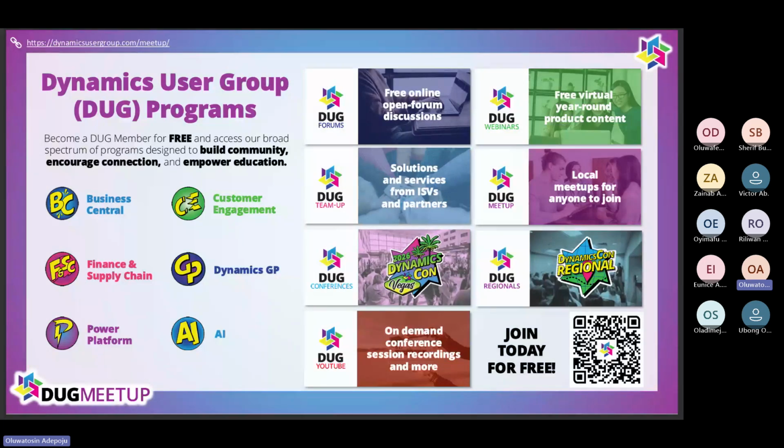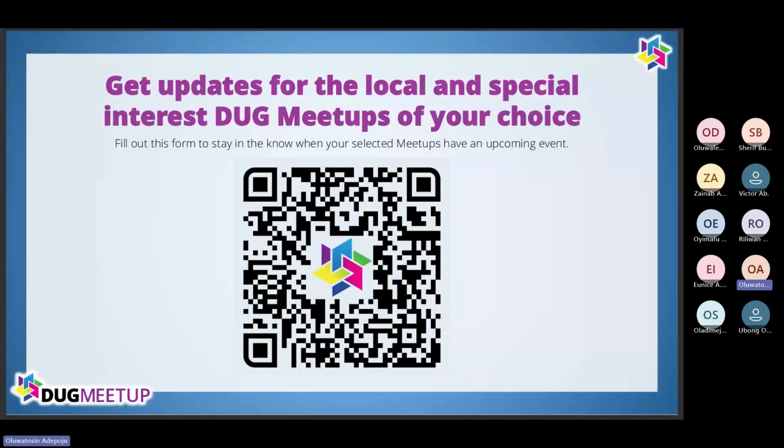So for you to get updates, I don't know if you have your phone with you, you can scan this just to fill a form to stay updated. I don't know if you are doing that right now. So I'm just going to give us a minute to do that, then I'll proceed. But if you're unable to scan it, we can still drop this on our WhatsApp platform. Like I said, for DUG Lagos, we have a WhatsApp group. So all you need to do is just to show your intention, give us your number, then you'll be added to the group.